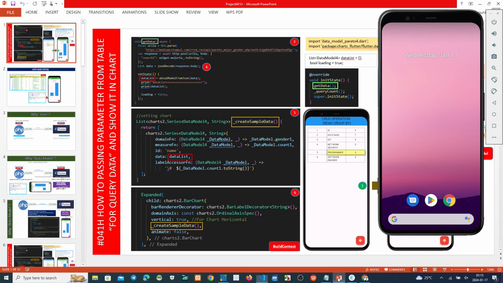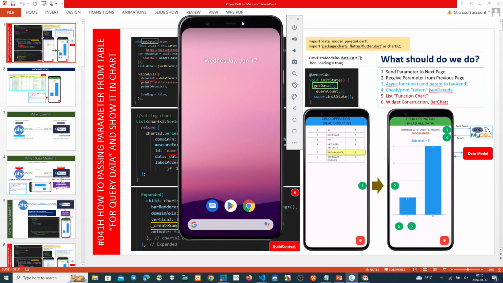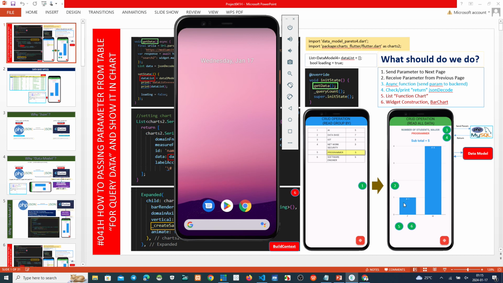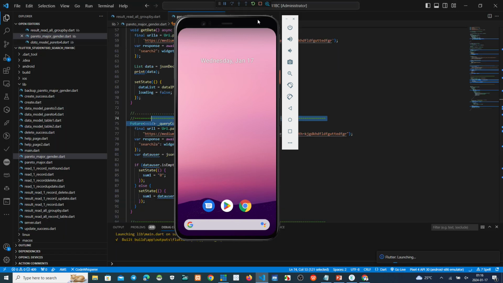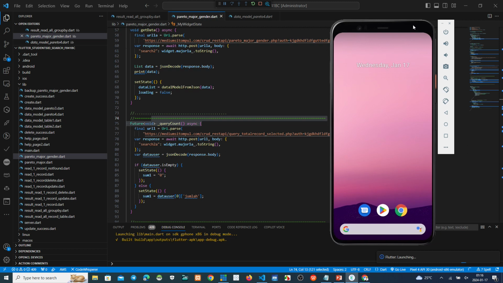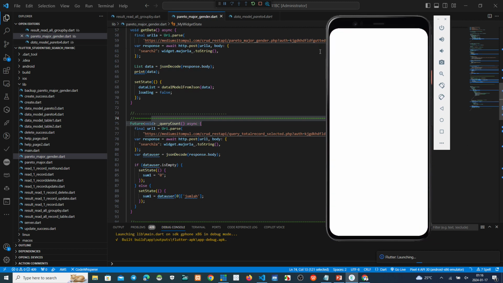After that, after we show the result this one, and then we make this information like this: number of student, major, programmer, number subtotal equals 4. This one we can add this information after we see this result. Okay, maybe a second.